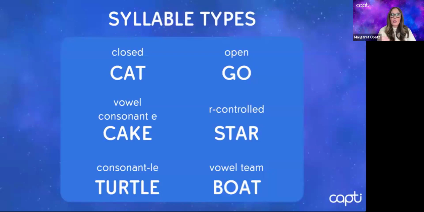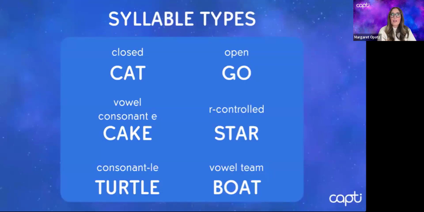You start with closed, and teach students explicitly that a closed syllable contains one vowel with one or more consonants closing that vowel in. You'll also teach that in a closed syllable, the vowel says its short sound. So A says ah. In this case, we have cat. But then you'll go on to the more